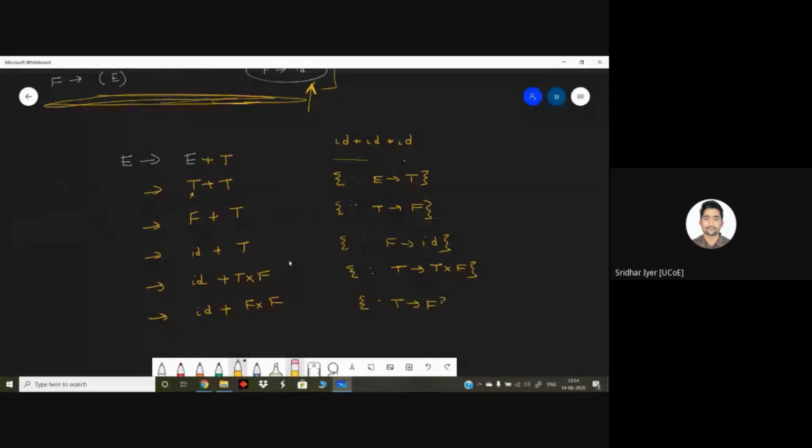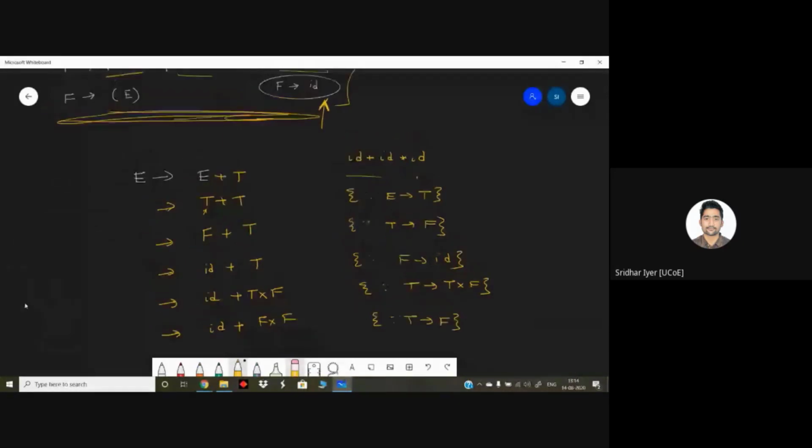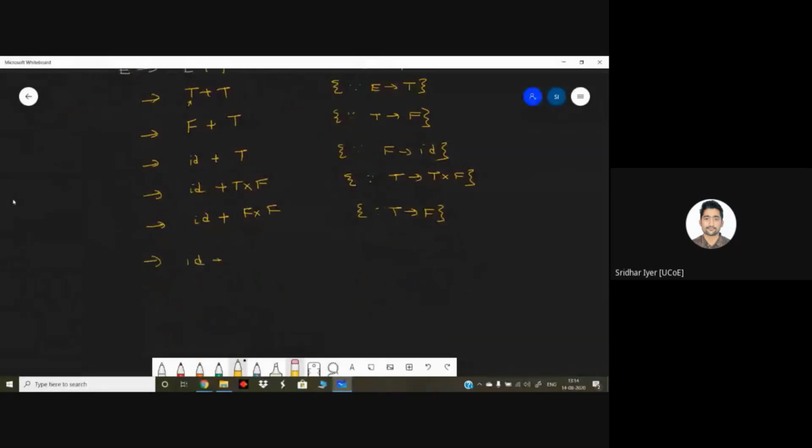Lastly, we know that F is nothing but ID. So I can simply replace ID in each step. It becomes ID plus ID into F, and finally ID plus ID into ID. So am I clear now what exactly we have done? We have reduced the options of ambiguity. अभी कुछ option है ही नहीं ambiguous का, because